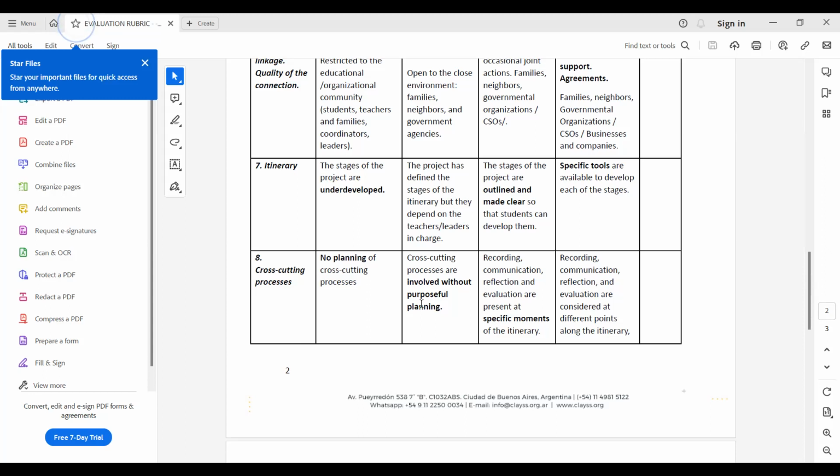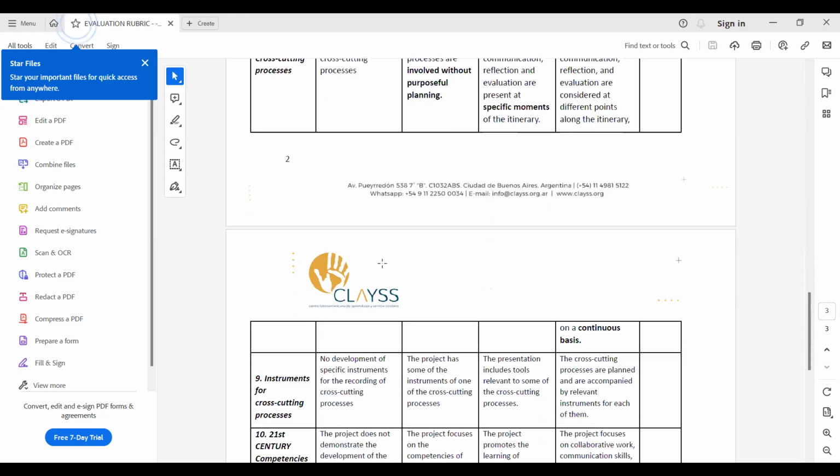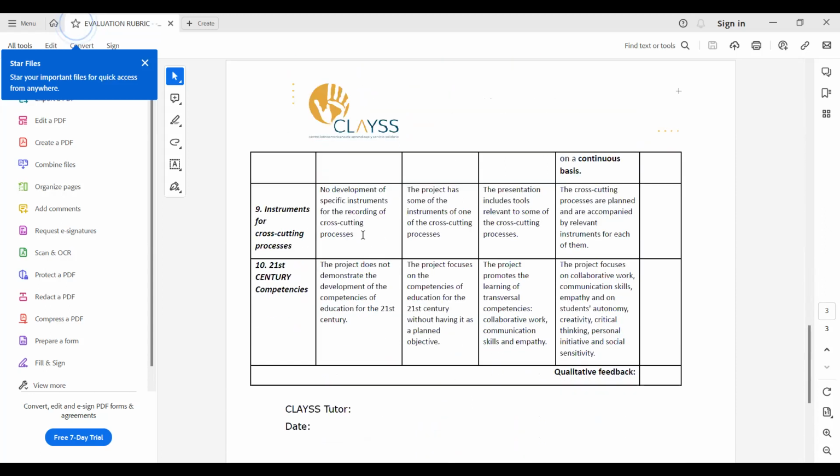The same as the cross-cutting processes, we have been talking about a lot of this. How do you record? How do you reflect? How do you evaluate? We were talking today about the different stages of evaluation in the cross-cutting process. The instruments you are using for these processes are very important, because it's not only to say, yes, I am going to evaluate, but how? How are you going to evaluate the meeting in the community today? You show, Nico showed a form that the students can use when they go to the community, put the photograph, something like that. You have to think about that.